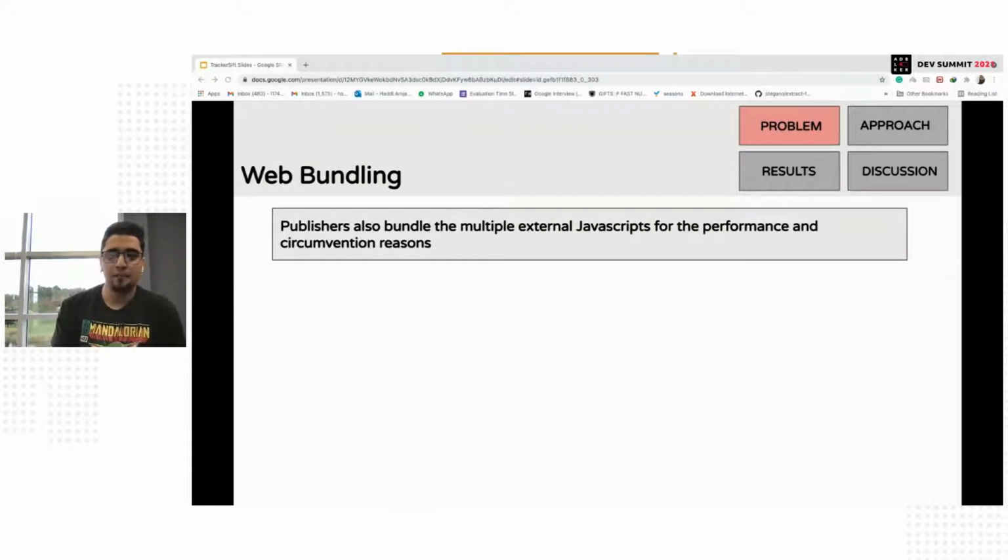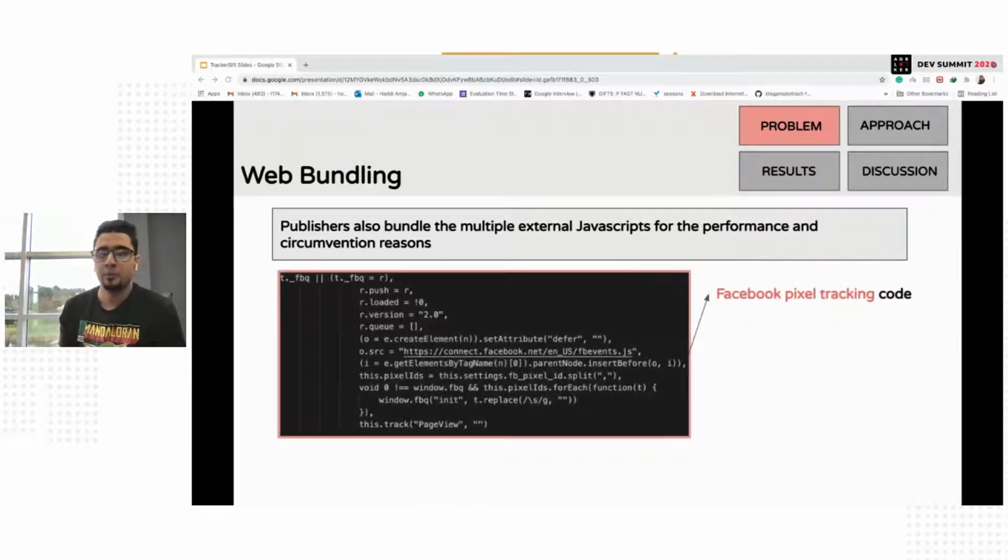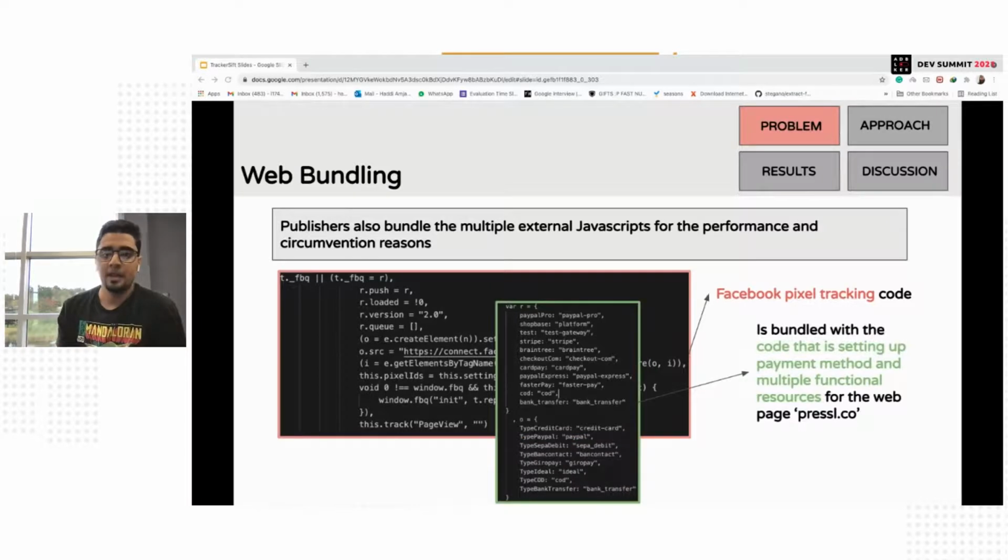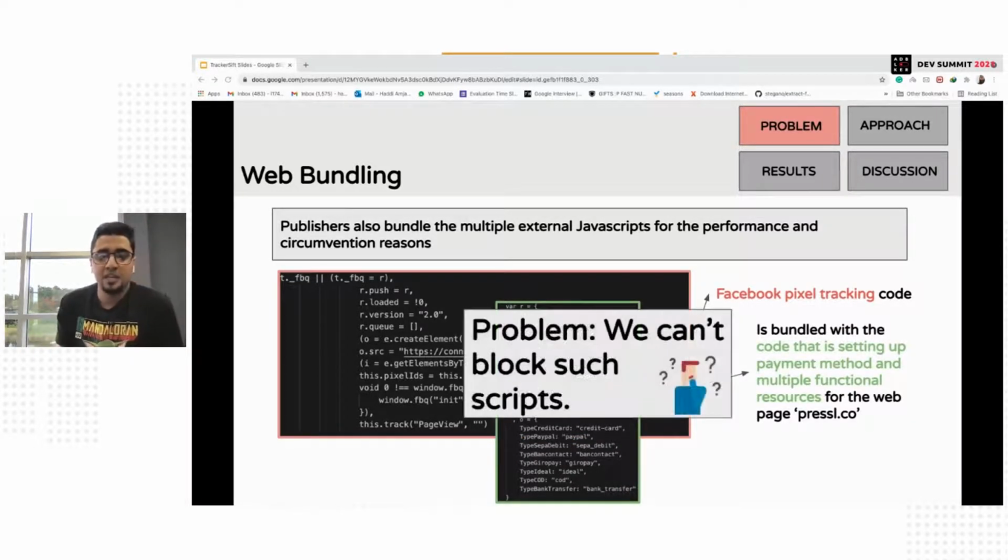Moreover, publishers also sometimes use different web bundling tools, such as Webpack, to mix tracking and functional scripts. For example, we have also seen Facebook pixel tracking code bundled with functional code that's responsible for navigation and images on the page. Again, content blockers are in a very no-win situation here because they cannot block such bundled